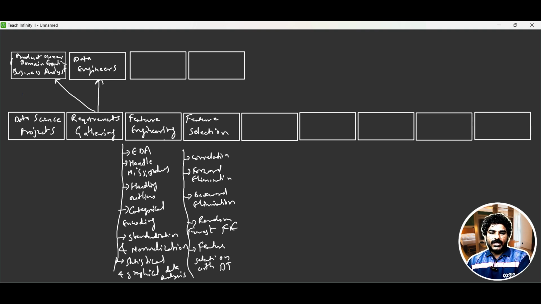Once you are done with the feature selection techniques, and you have found out what the most important features are for your model building or model training,